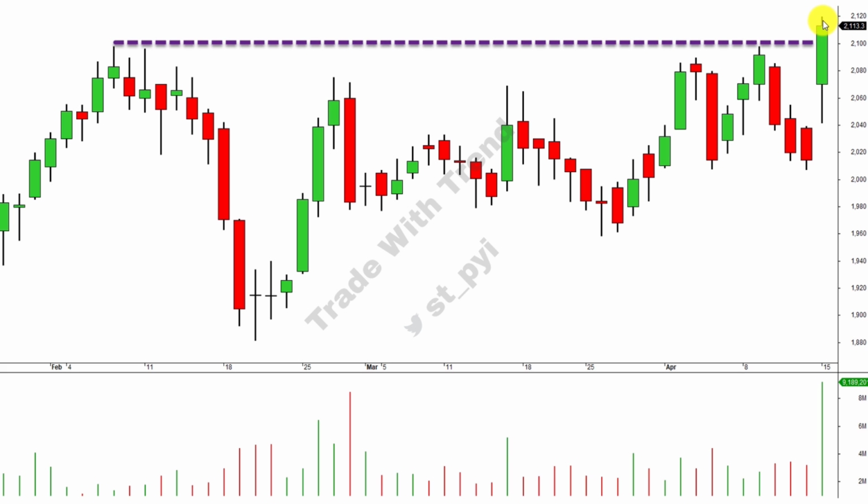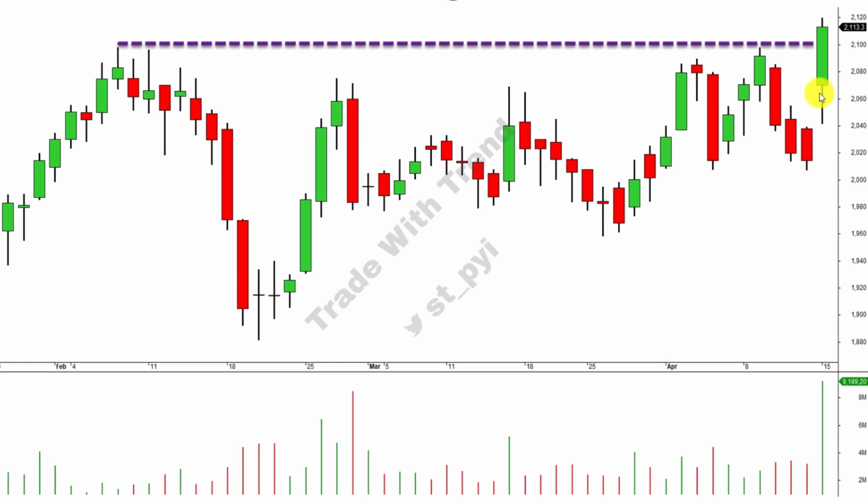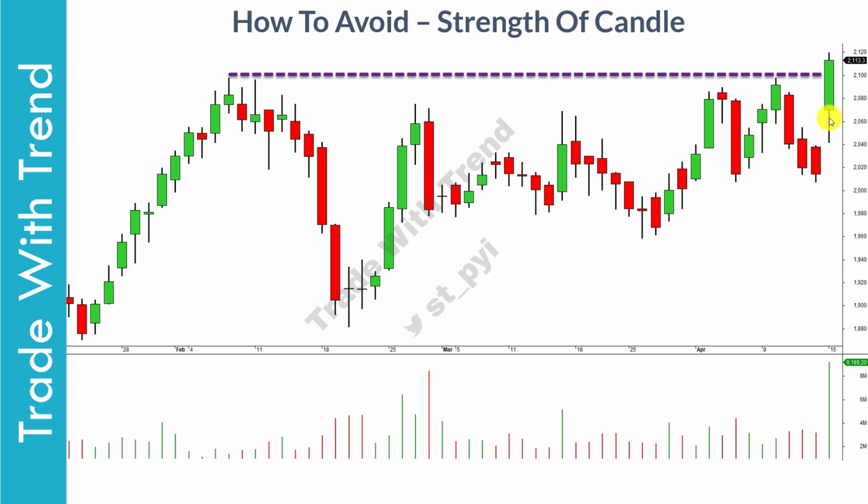Now some bit of wick is visible, but this is completely fine. So if I see this candle in real time, the long tail here would be read as a sign of demand, the range of the candle would again be read as a sign of demand, and finally a strong closing near the high point of the day will also be read as a sign of strong demand.